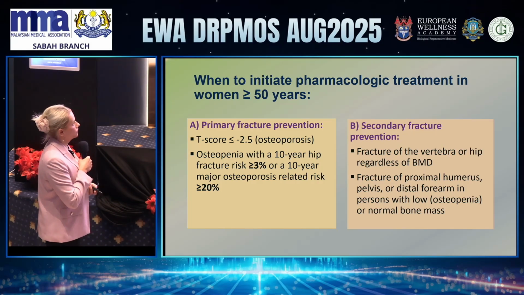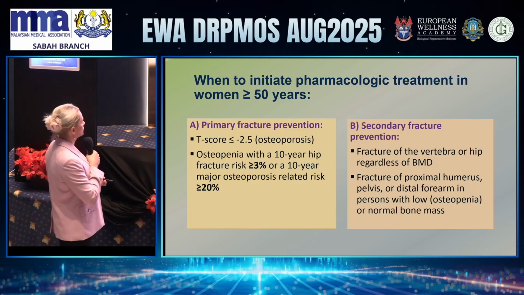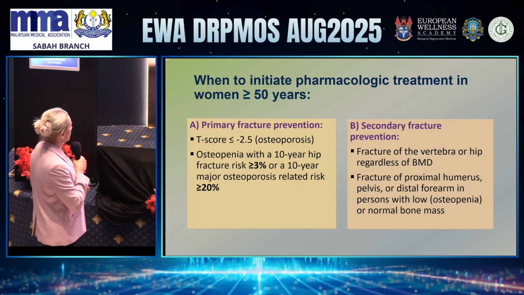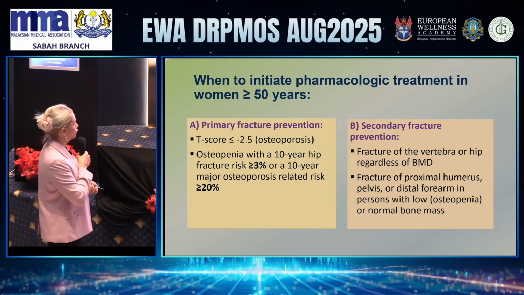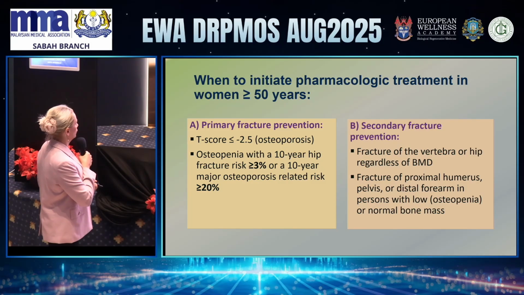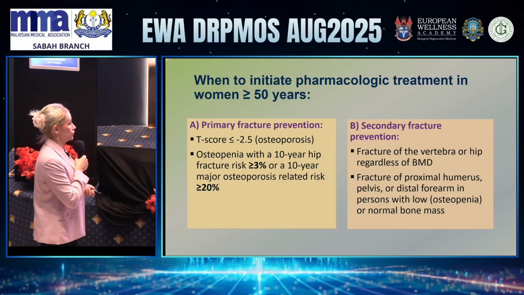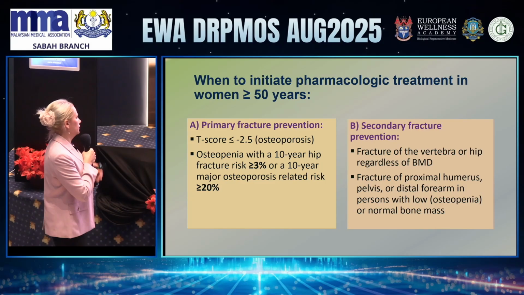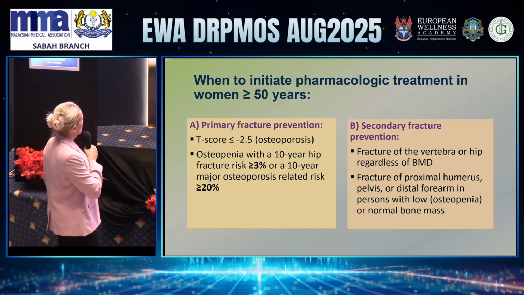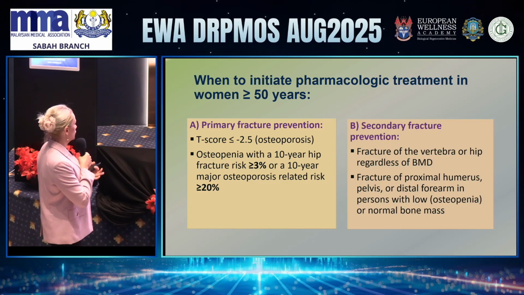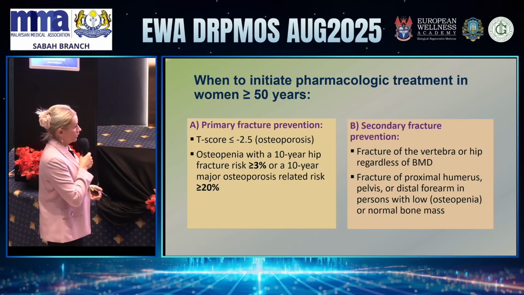How do we manage this postmenopausal patient? In case there was not yet any fracture after the age of 50, if the T-score is minus 2.5, they are diagnosed with osteoporosis, so we immediately initiate treatment with anti-resorption medications or hormonal replacement therapy. If after bone density measurement we reveal osteopenia, and the FRAX outcome is 3% or more for hip fracture, and for major osteoporotic fracture 20% or